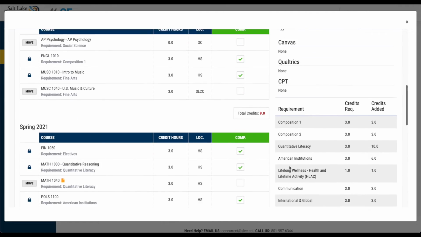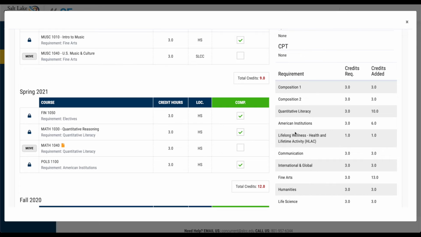Next, as we scroll down, you'll see the requirements for the General Education Certificate of Completion right here. This will list the total credits that are required in each of the categories and how many of those credits the student has added to their plan. So for example, in the quantitative literacy requirement category, 3 credits are required, but the student has added 10 credits to their plan. So there's 7 credits that they can drop from this plan to free up their schedule